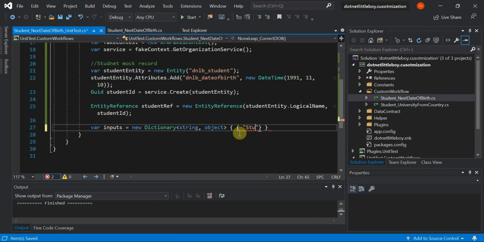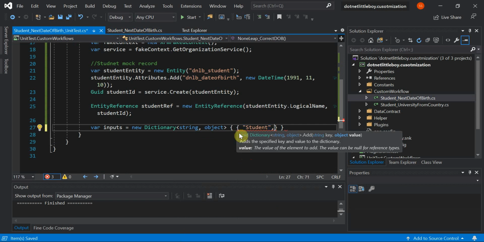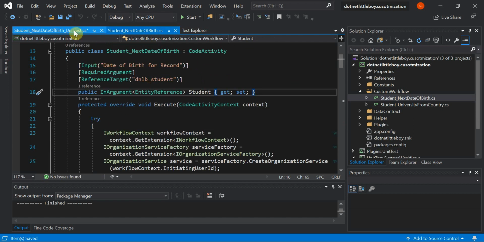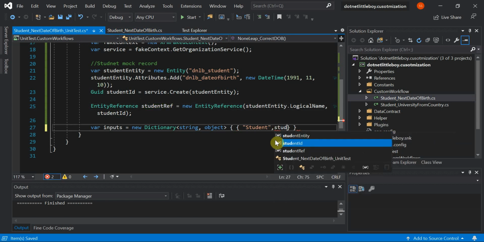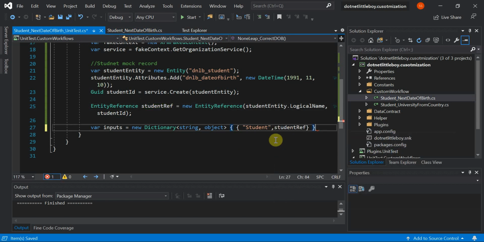So the name of this input argument is this one, student, and for the object, whether your parameter is a string or option set or some numeric value, you can set that here. Since in my case it is an entity reference type, which I have created now, I will be passing that here. So my input argument is set.